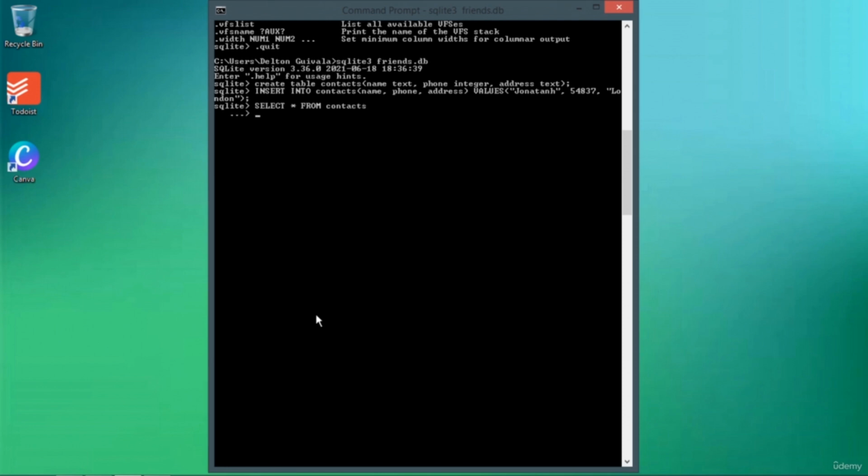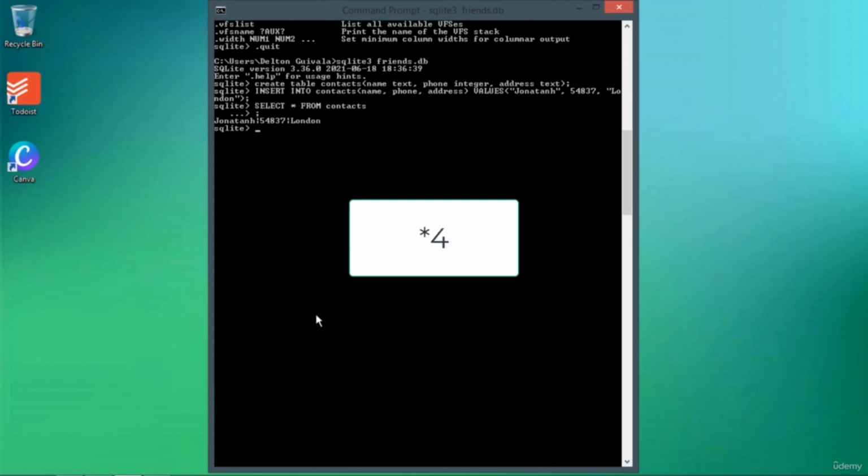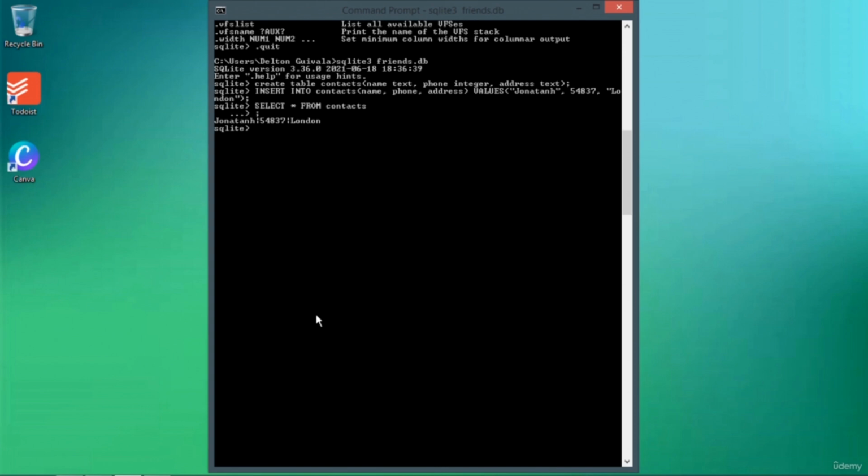Hit enter. You can see that our SQLite program is waiting for something. It didn't execute that query select from contacts. Why? Because we're missing a semicolon, so it's time to add it. If you didn't add it before, you can add it right now. Hit enter and we have Jonathan, which is the name, the 54832 is the phone number, and we have the